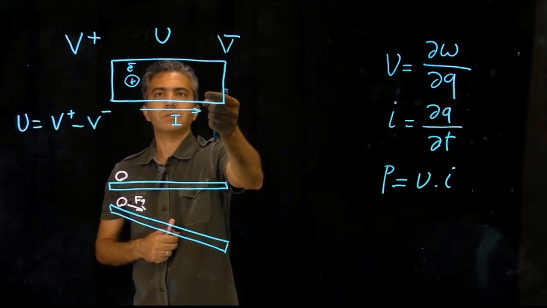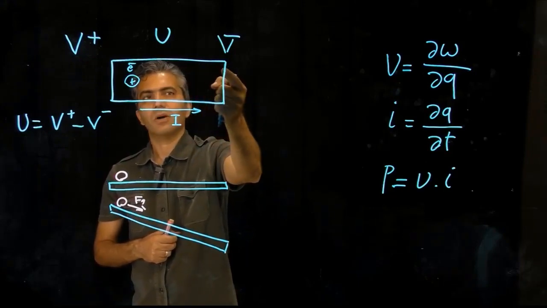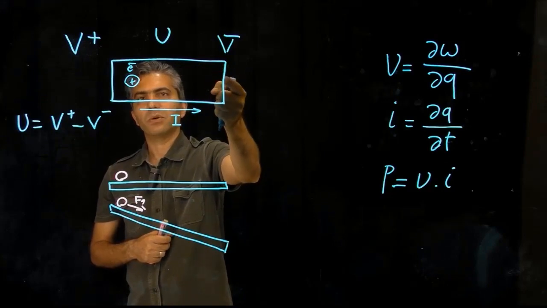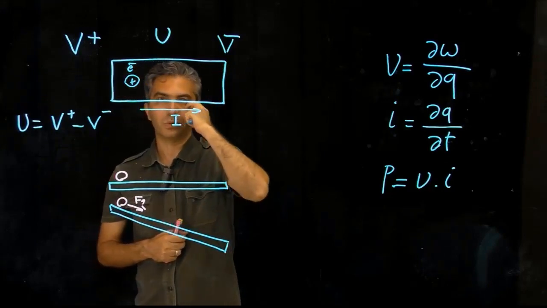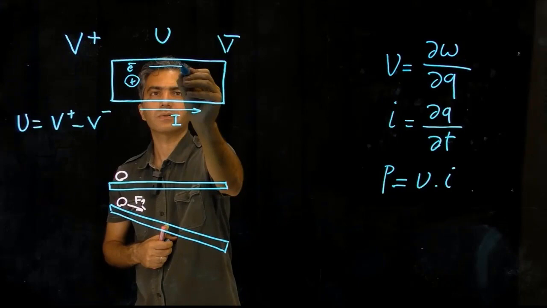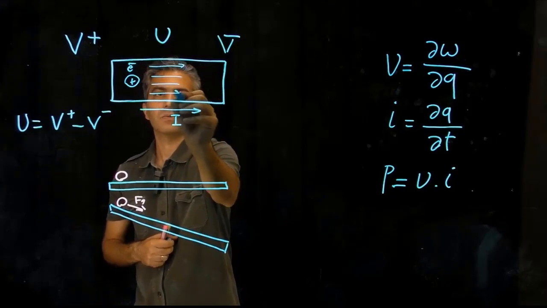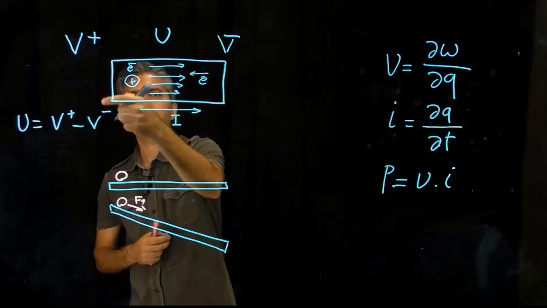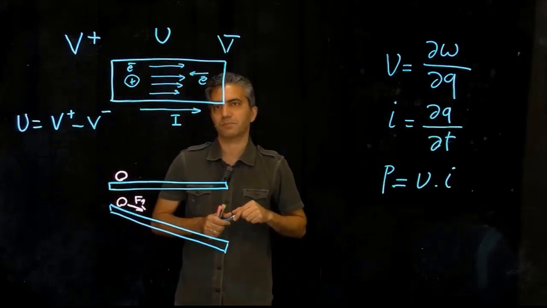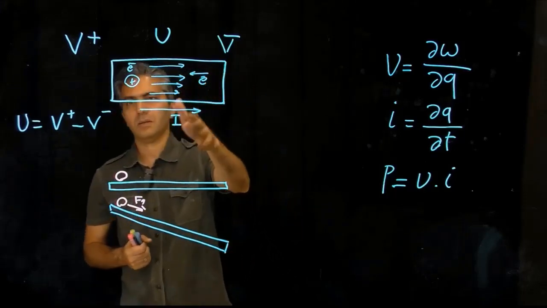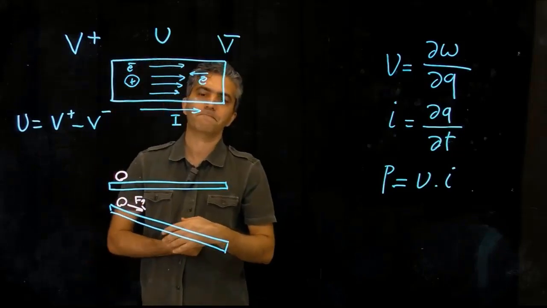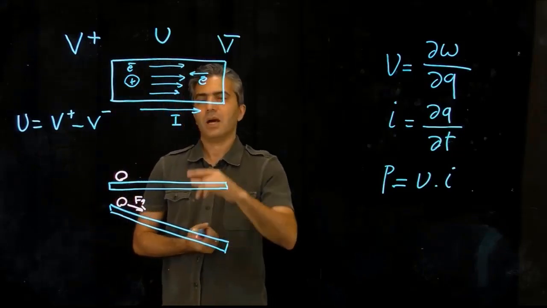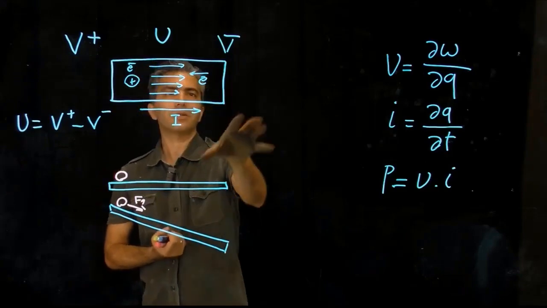But this actually means that the electrons in this system are moving from the lower potential toward the higher potential. So the electric field, so this is the field inside, would be like that, and the electrons move in the reverse direction. This is the convention that we're using. Okay, and now with this component, with the situation that we have,